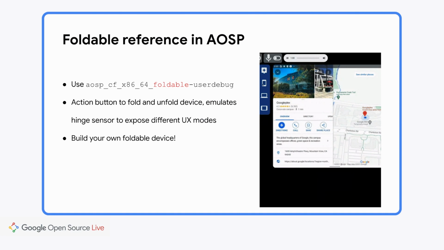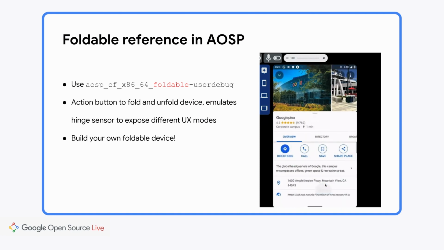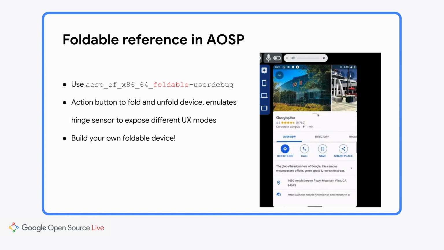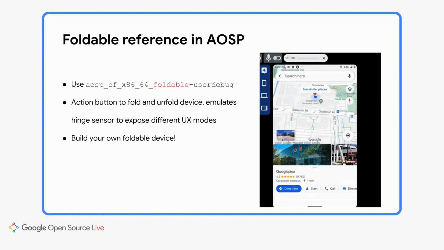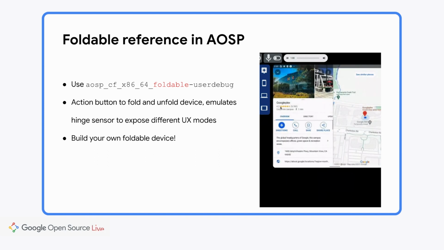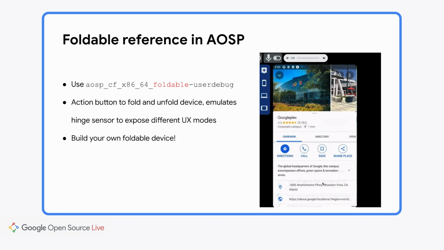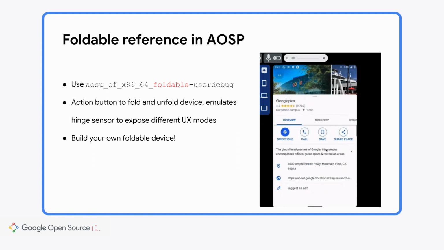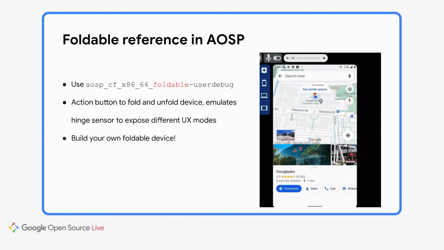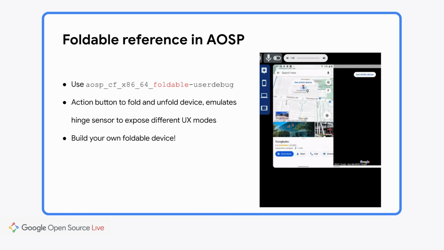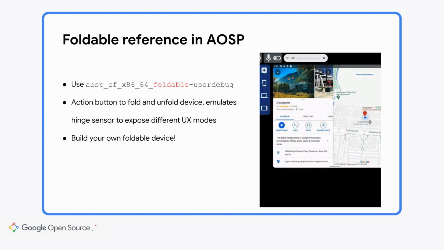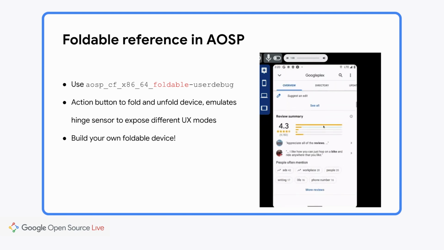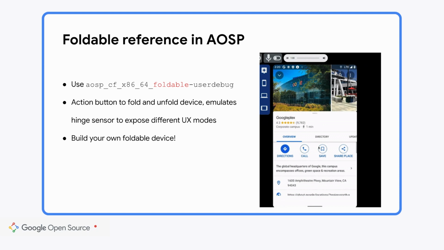And so this is one of the main differences between the phone device and the foldable device, giving you these buttons to perform these interactions. So this is just giving you an opportunity in AOSP to explore the latest and greatest UX features of Android. And also hopefully makes it easier for you to experiment with building your own foldable device. We've picked a target for the foldable device, which is, we believe, representative in terms of screen size and hinge location, but all of the metafiles that are used to produce this configuration are in AOSP and are customizable.